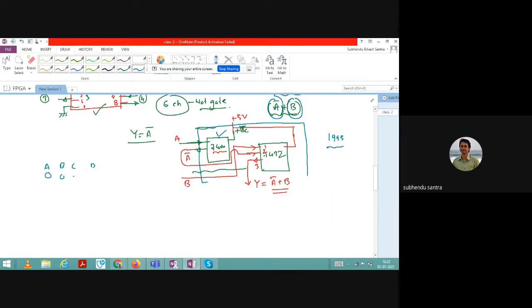So A, B, C, D, these are inputs, and finally we have one output. You know that basically you need to generate or prepare a K-map, and from the K-map you will get the function Y. After getting this function Y, you need to design this kind of circuit and provide it to the customer, which is also called a primitive embedded system. Primitive means earlier days, in the 1990s, we generally used this kind of circuit.